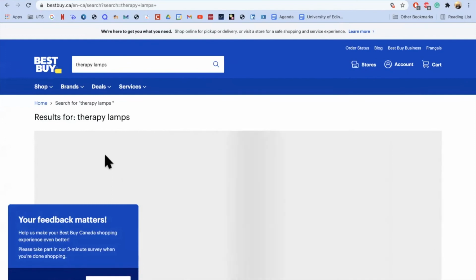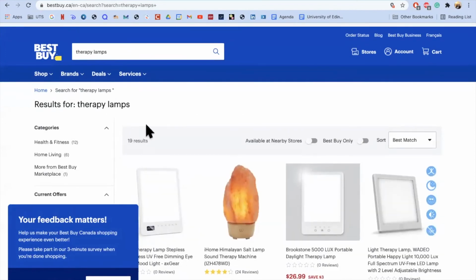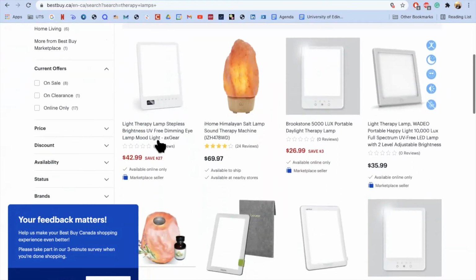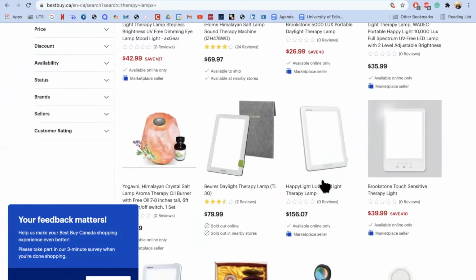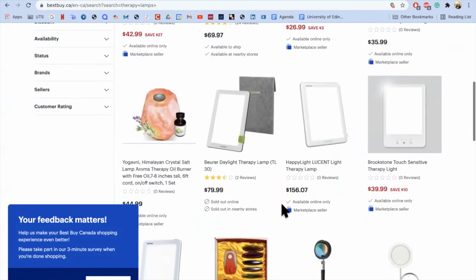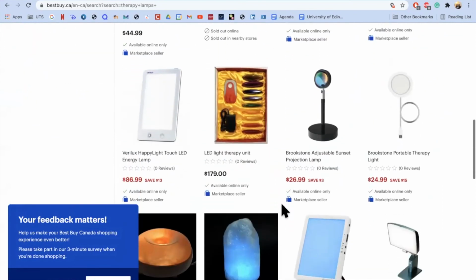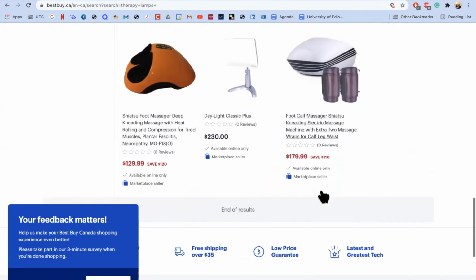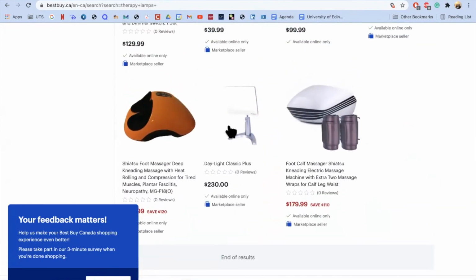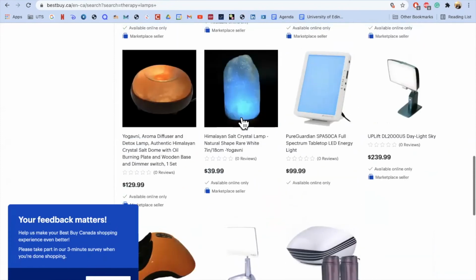Sometimes the stock is not as great depending on which products have been more recently released, if there are new products, if they're sold out. So you will have to just scroll down to see the different options that they have. And just an initial observation is that they have many of the portable ones, the smaller ones that do not have the large stands, though they do have some other options lower down. You can see that they have the blue light option as well. And here is one that looks more like the one from the presentation with the larger surface area. You can see all of the different prices here,